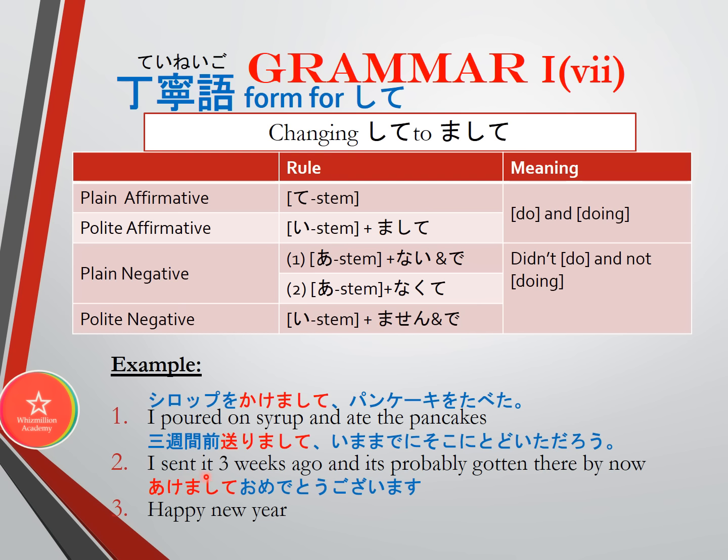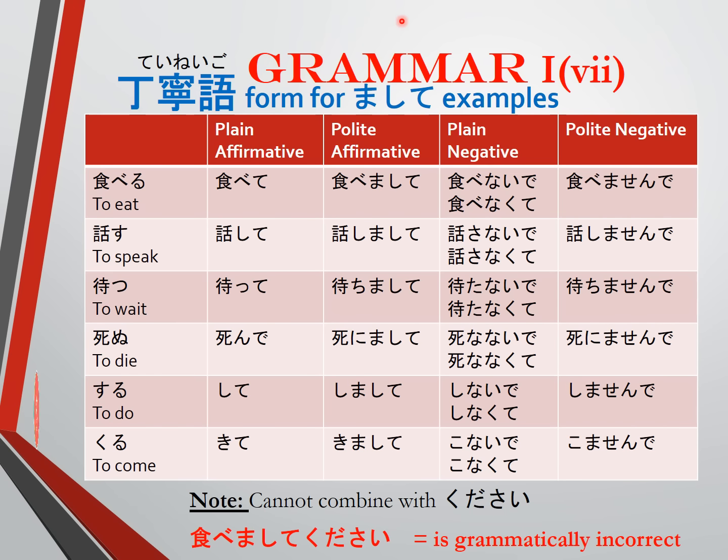3週間前送りまして、今までにそこに届いただろう。送ります。The normal form of te is 送って. It becomes 送りまして. Happy New Year! 明けましておめでとうございます。明けます becomes 明けて, becomes 明けまして. In this table, we will see the positive te form, the polite positive te form, and